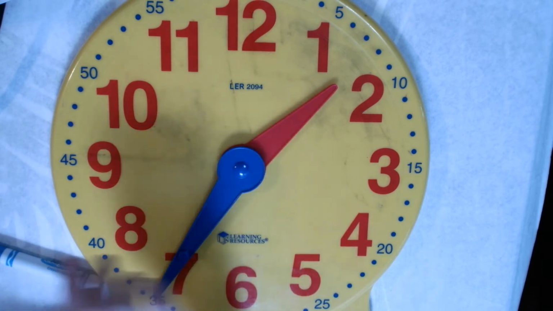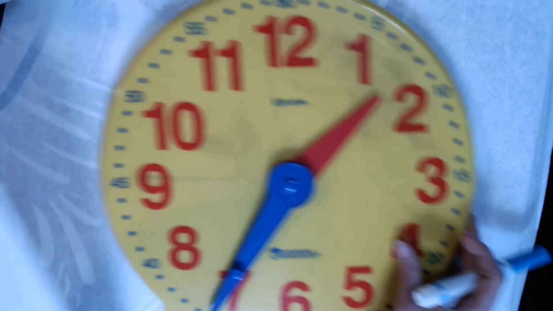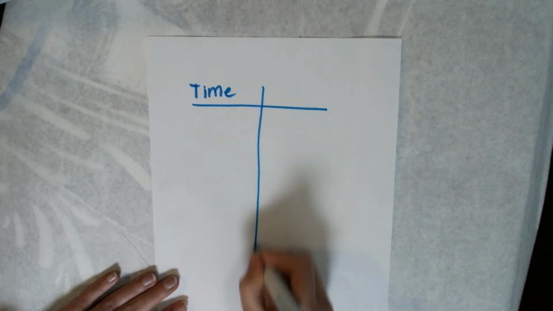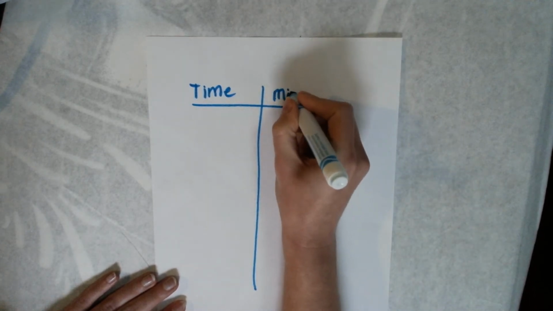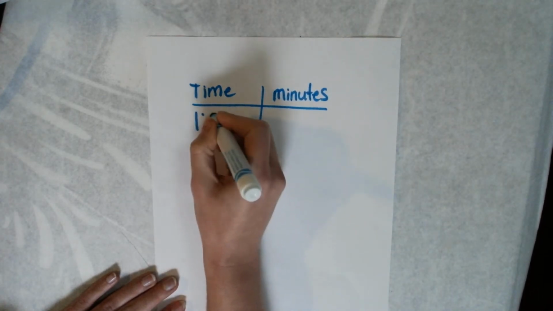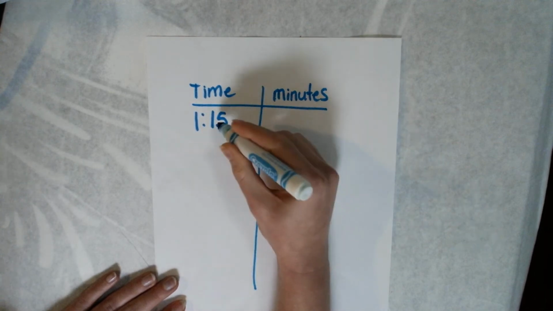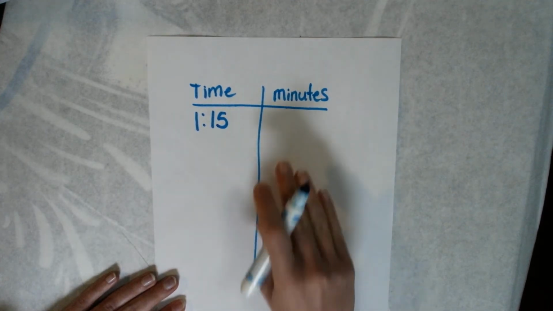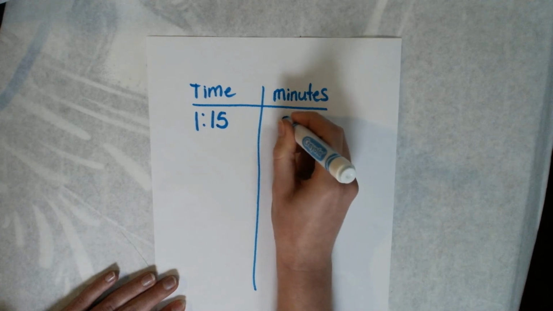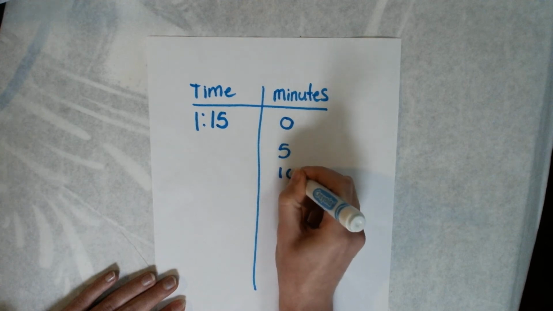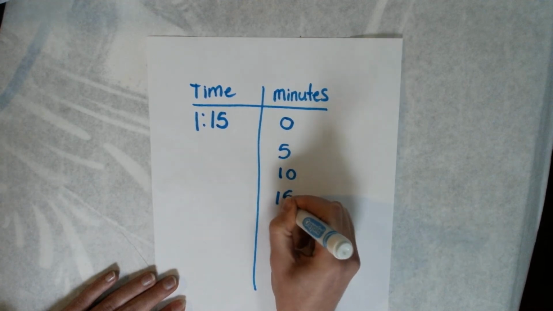But you can also do that in a T-chart. If you don't have a clock, we can make a chart where we have our time, and then we have our minutes. If our starting time is 1:15, when we start, no time has passed. In this column, we're going to count the intervals of minutes that have passed. So it would go 0, 5, 10, 15,